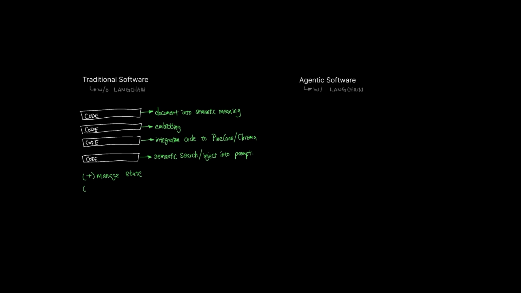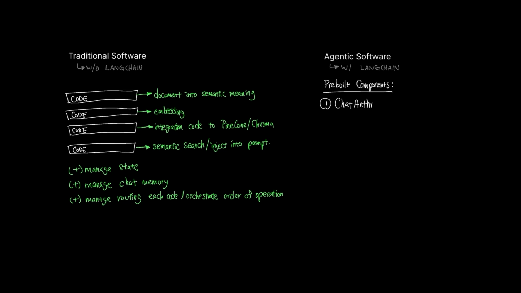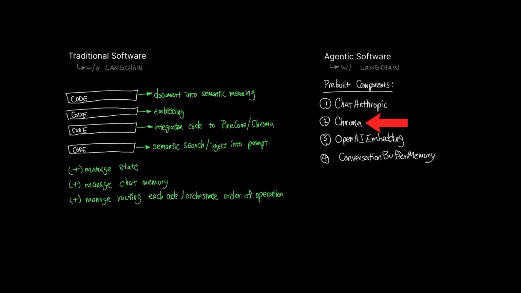And on top of that, managing state, managing memory, managing tool routing logic. As you can see, the scope of writing and maintaining these can get out of hand really fast. Thankfully for LangChain, inside LangChain's library, you can import modules like Chroma for components related to vector database, OpenAI embedding for components related to text embedding, conversation buffer memory for components related to keeping memory in chat. And there are so many more components like this that help alleviate development efforts that go into building agentic software,